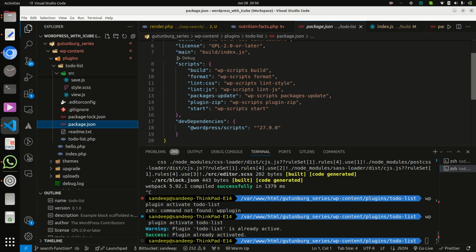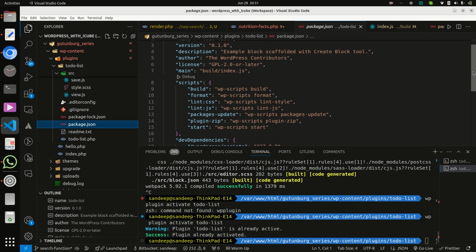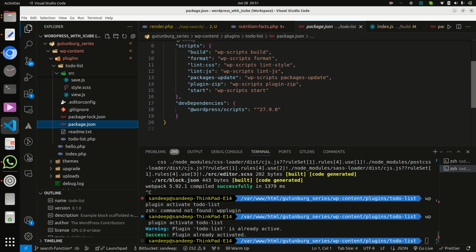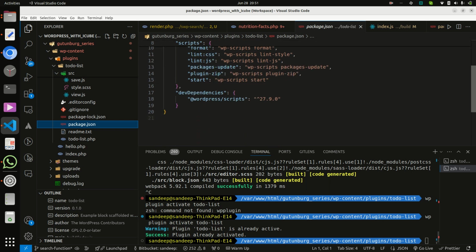They provide a really good setup, like the build command, format command, plugin-zip command and start command. There are lots of easy and automated things available in Gutenberg nowadays. So I think it is good for now.